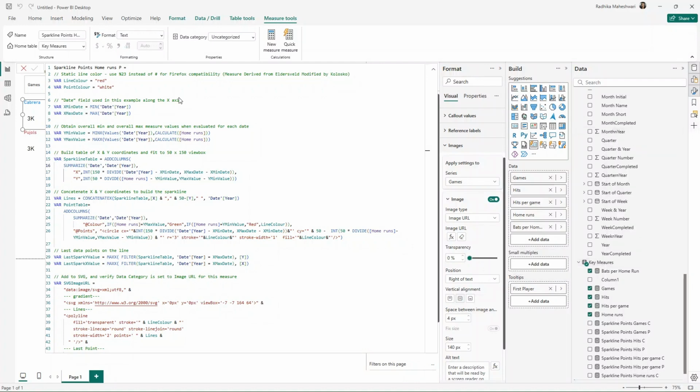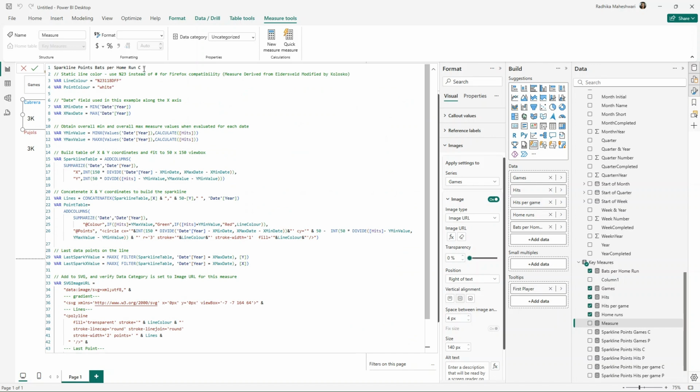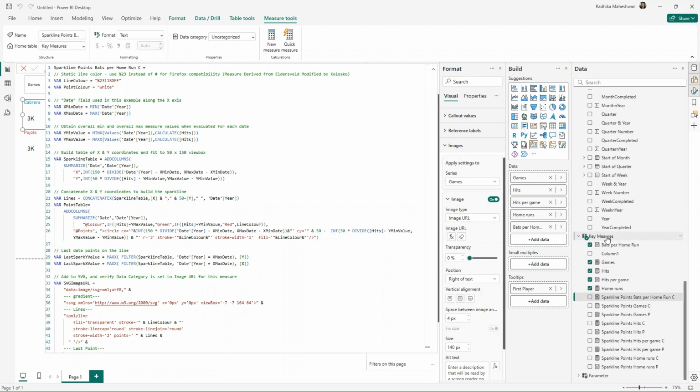And the last two measures are for bats per home run C, and then the other one for P. And the only difference between C and P is I'm just going to change the line color to red.